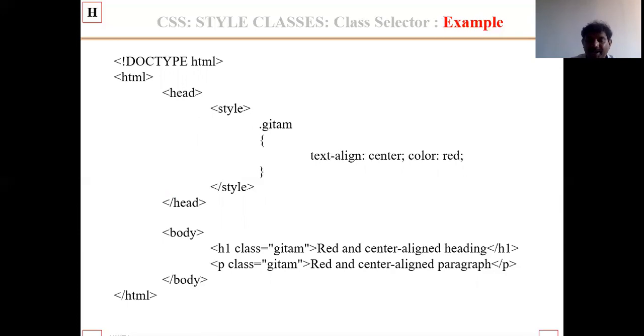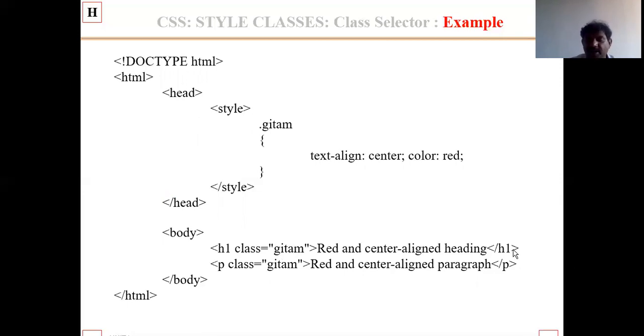Next, open the curly bracket, text-align: center; color: red; and close the curly bracket. Dot Gokaraju is shown in red color in the output screen, at the center of the screen. Close the header section and open the body tag, h1 class equals quotations Gokaraju, red and center aligned heading h1.